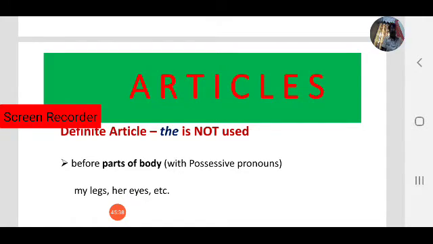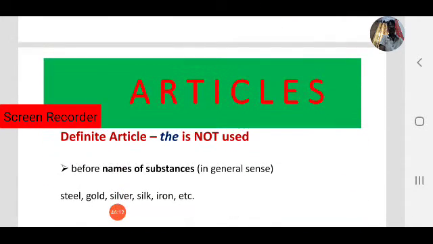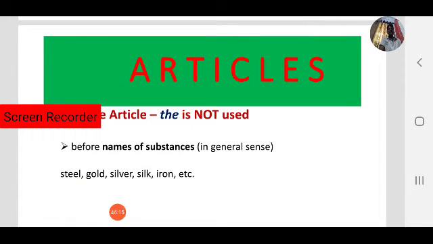The eyes, right. The heart, we can use the heart, but in the possessive case we need not use the my eyes. Here my is a possessive pronoun. We have already discussed one type of pronouns, possessive pronouns. Our eyes, our is a possessive. Our eyes, the eyes is different, our eyes is different. Our is a possessive pronoun. My legs, my heart, like that. Need not use the.